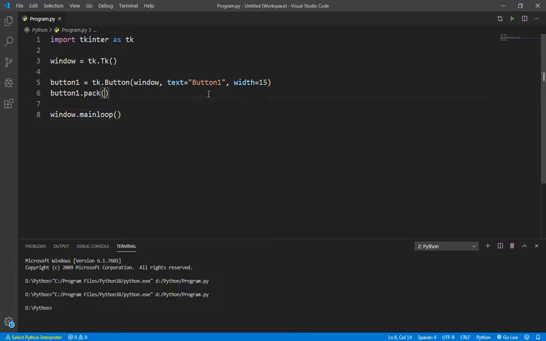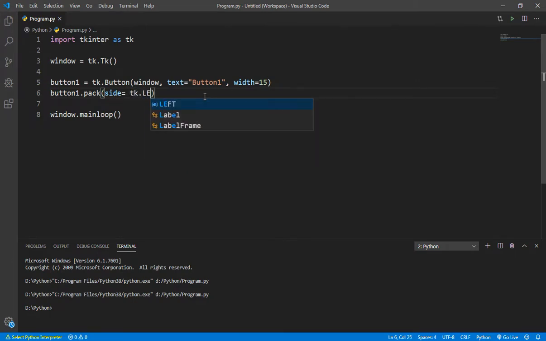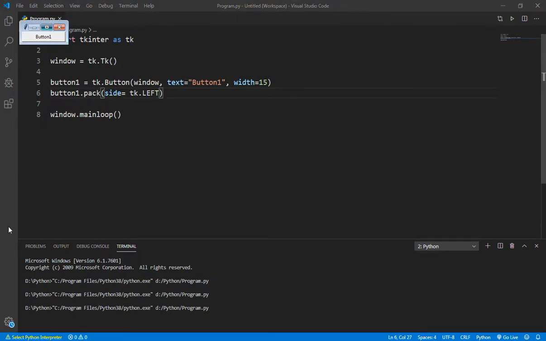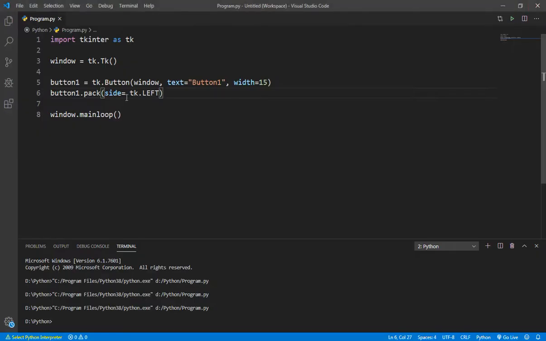Okay. Now if you want, you can give it side equals tk.LEFT. So now it will place our button towards left. Okay, as you can see, but according to y-axis it's still in the center. Okay, so here left, you can also use bottom.